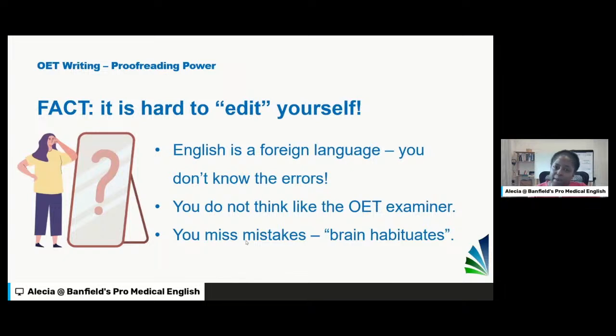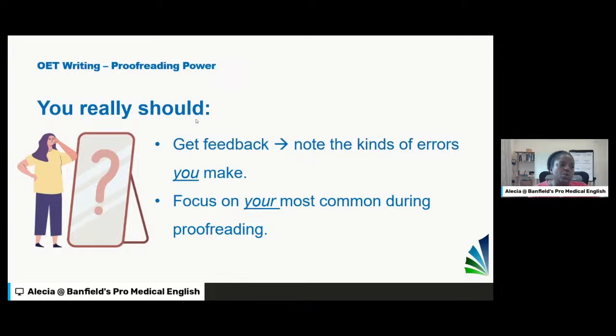And there's this thing that happens to your brain. It's called habituation. Any medics here will know what I'm talking about. What it means is when you're looking at something for a very long time, you actually stop seeing certain things. Your brain tells you that the right thing is there when it isn't. And this is why authors always need an editor. It's not because they can't write, it's because they stop seeing. Okay? So, because of that, you really should get feedback and note the kinds of errors that you in particular